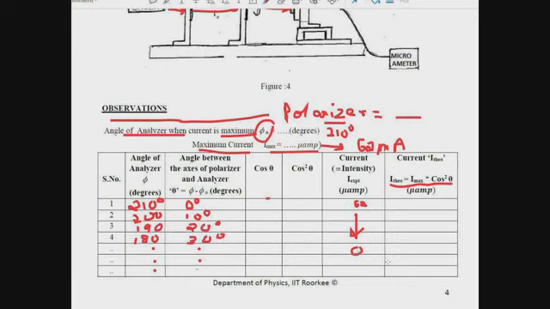Now this will not just be for a particular value. We will take a couple of angles, then we will reduce the difference. For example, say I am getting 0 current at 135 degrees. I am going to now take the next angles, 136 degree, 137 degree, and I will constantly take a couple of values because that will be easier for me to show in the graph. So I'm getting 0, 0, 0, and then I'll see